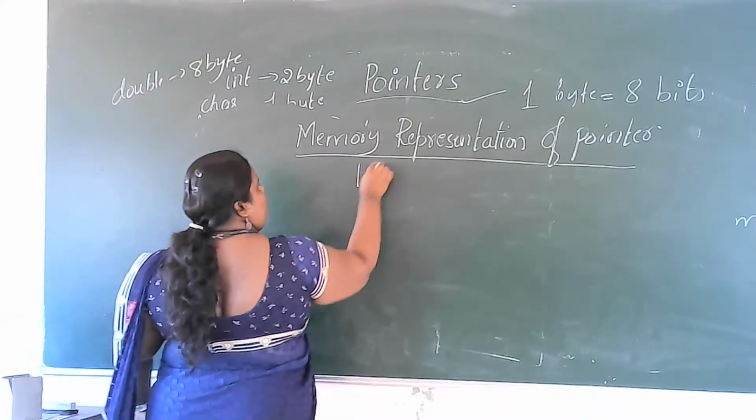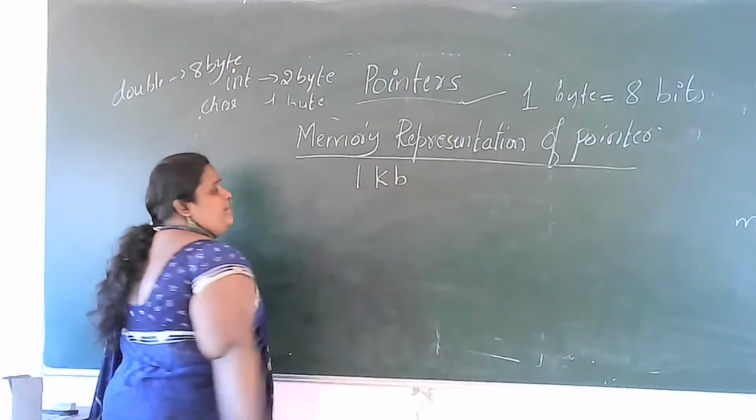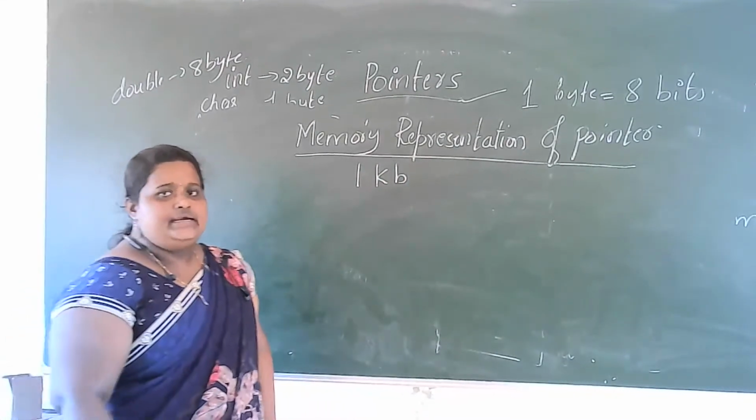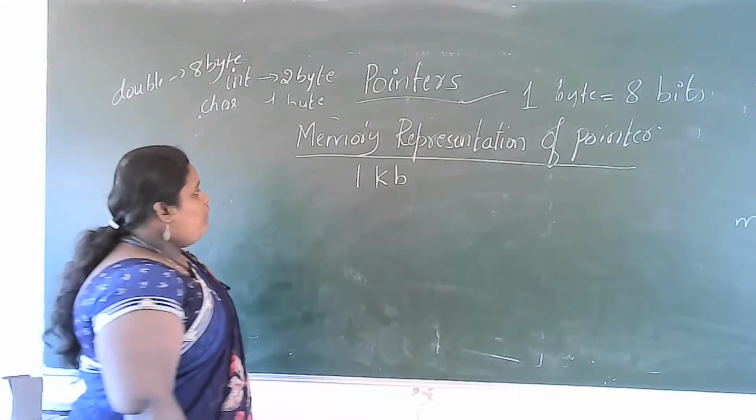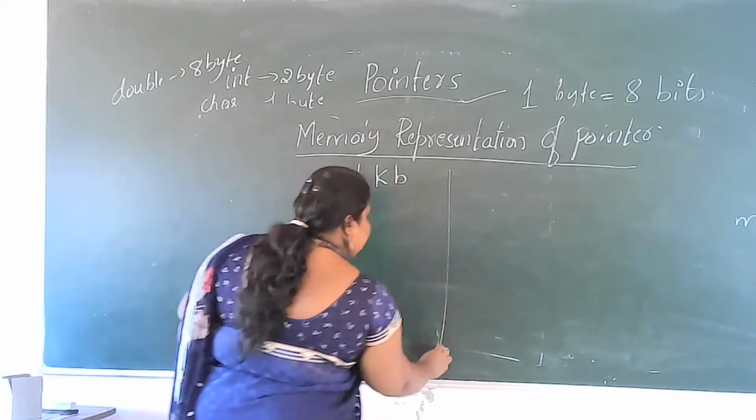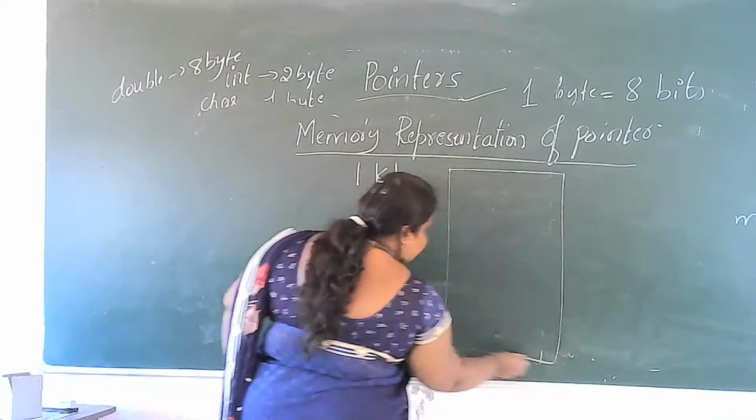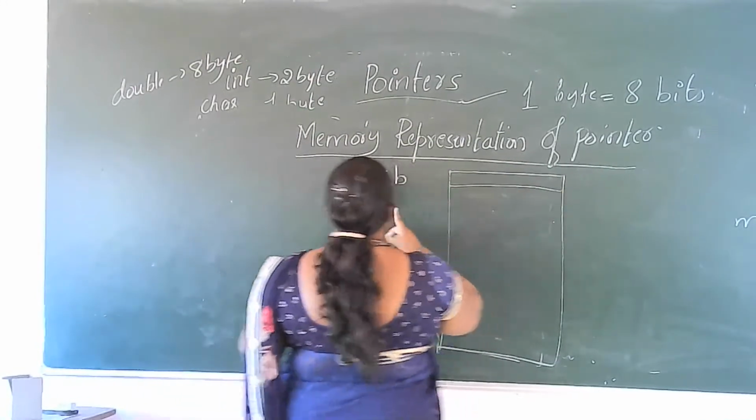Here I consider a memory of 1 KB. How is the memory represented for 1 KB size? 1 KB means